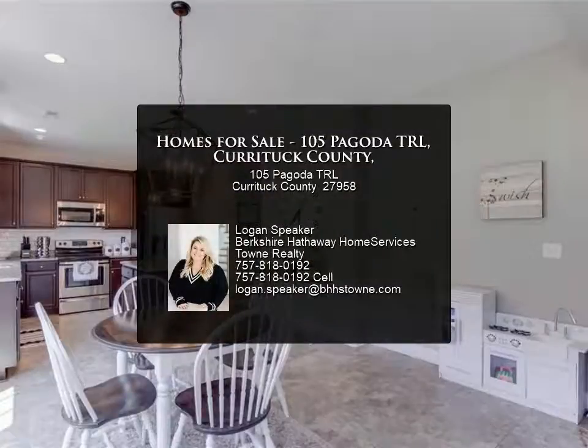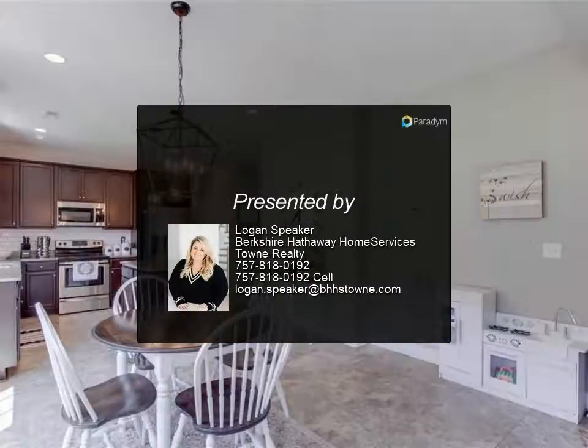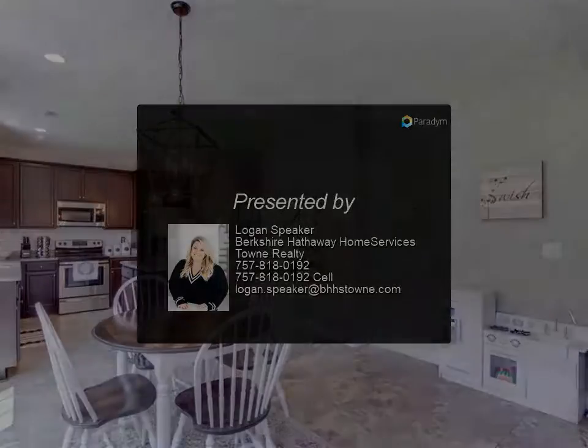Garage features a built-in shelving unit and automatic door opener. Water softening system for the whole